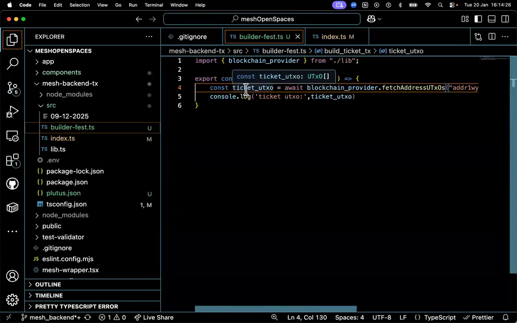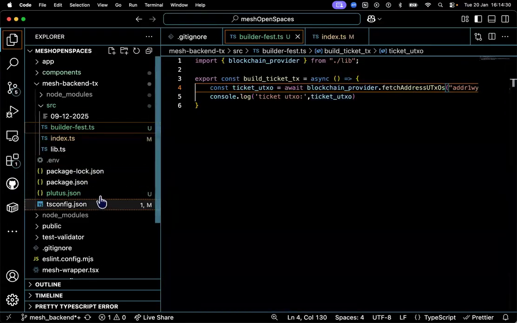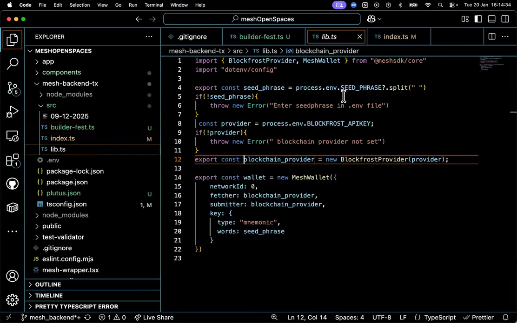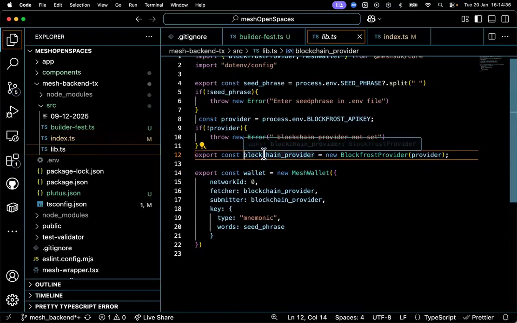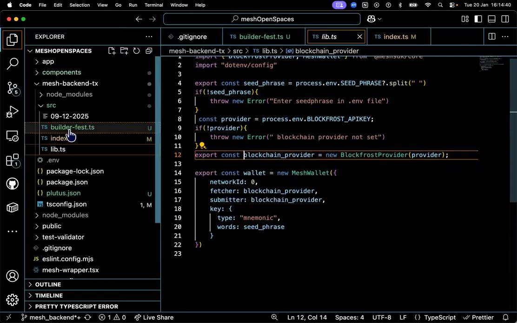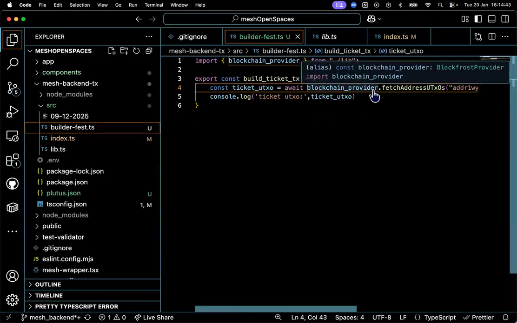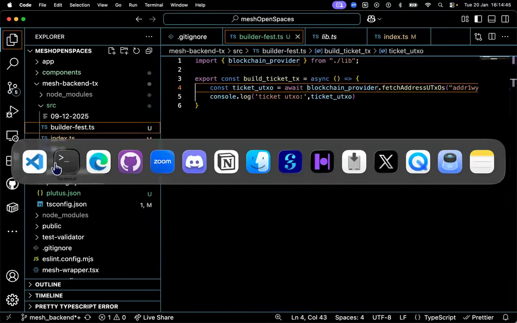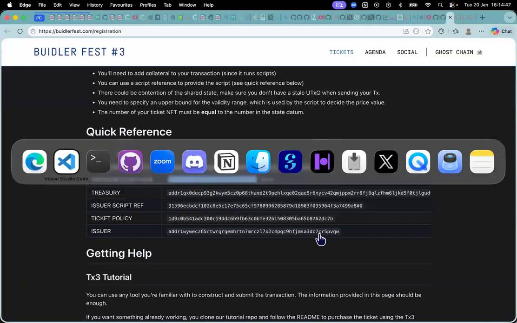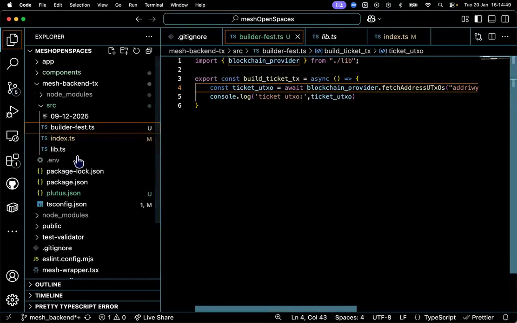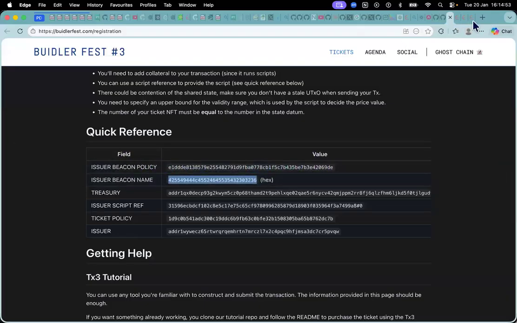Let me check if this is not set, it should have given us this address. I think it has to do with the address. Oh, my Blockfrost API key is actually for pre-prod.